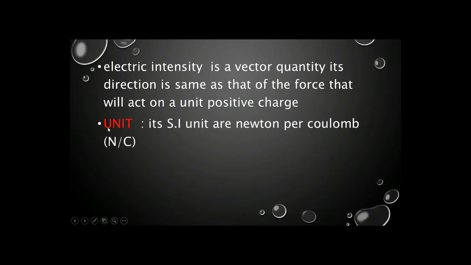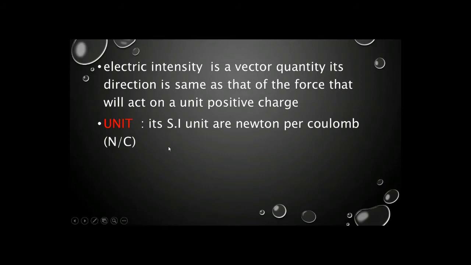that is, on the test charge. Now what will be the unit? In SI units, the Newton per coulomb is the unit of electric intensity. As we have discussed, what is the formula of electric intensity? The electric intensity formula is force per charge. So we replace the quantities by their units. The unit of force is Newton and the unit of charge is Coulomb. So the unit of electric intensity will become Newton per Coulomb. Newton is a unit of force and Coulomb is a unit of charge, and that is why we write Newton per Coulomb. Okay, I hope you understand what the unit of electric intensity is.